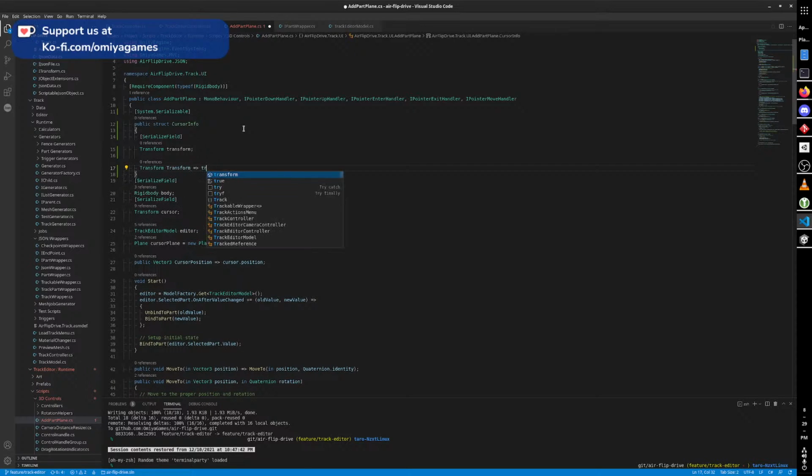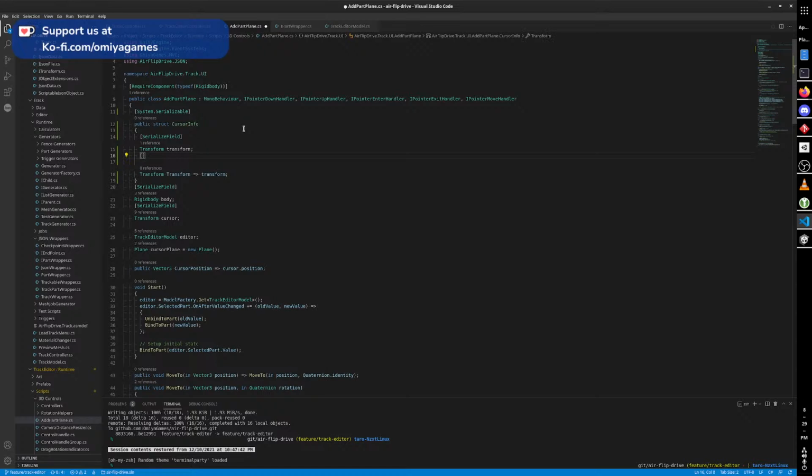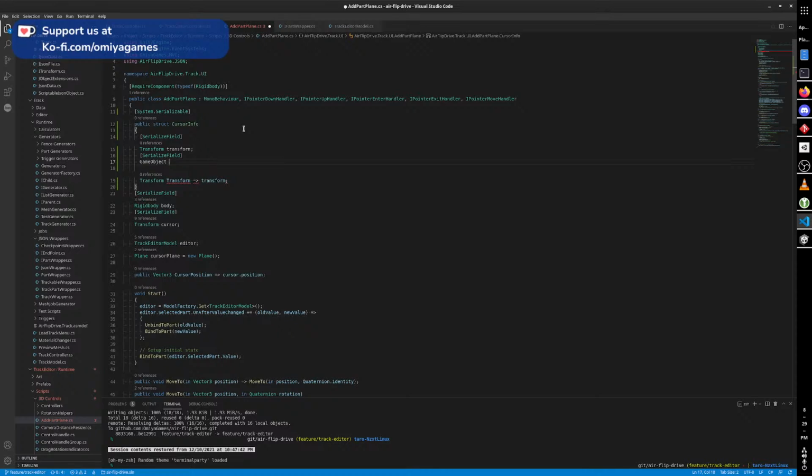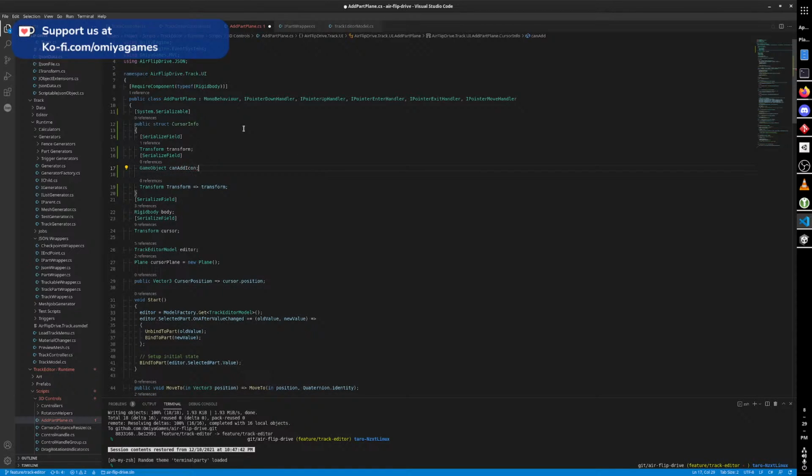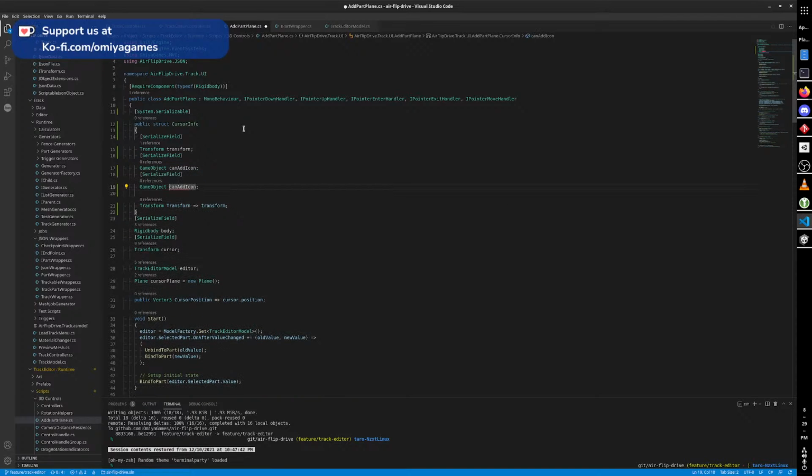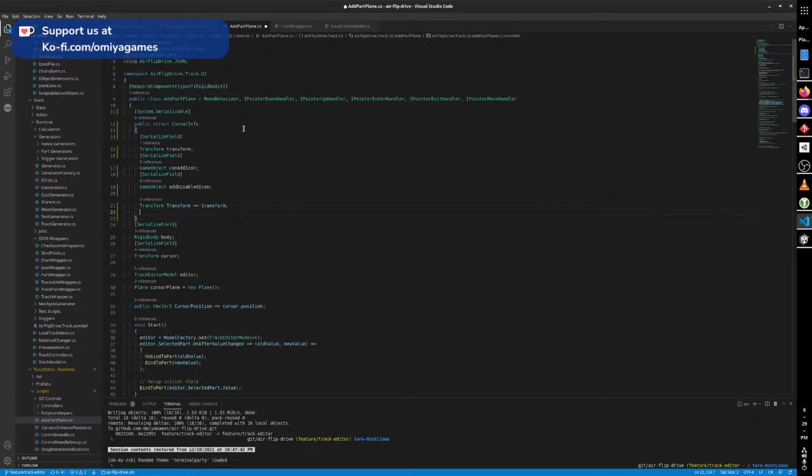Transform, transform. There we go. I want the transform, then maybe, I guess I'll use a game object for now. Game object can add icon. Add disabled icon. Probably something like